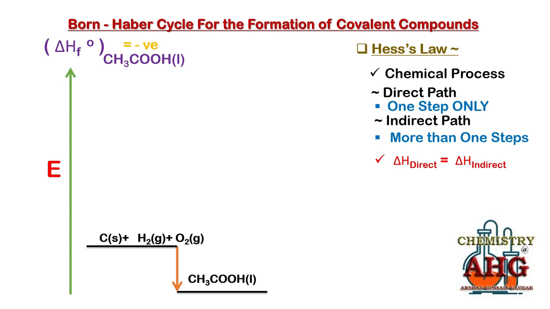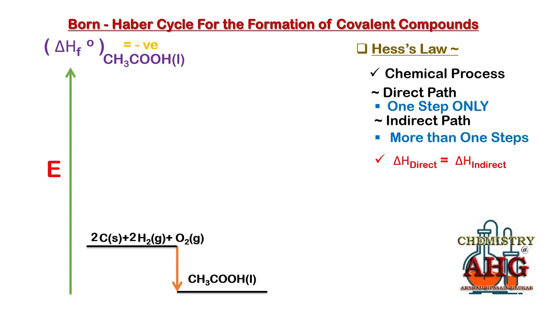And for the formation of 1 mole of ethanoic acid, we can balance the carbon and hydrogen. Oxygen is already balanced, but how can we balance the carbon and hydrogen? Carbon, we need 2 mole of carbon and 2 mole of hydrogen, since there are a total of 4 hydrogen. Now this is the balanced chemical equation for the formation of ethanoic acid.